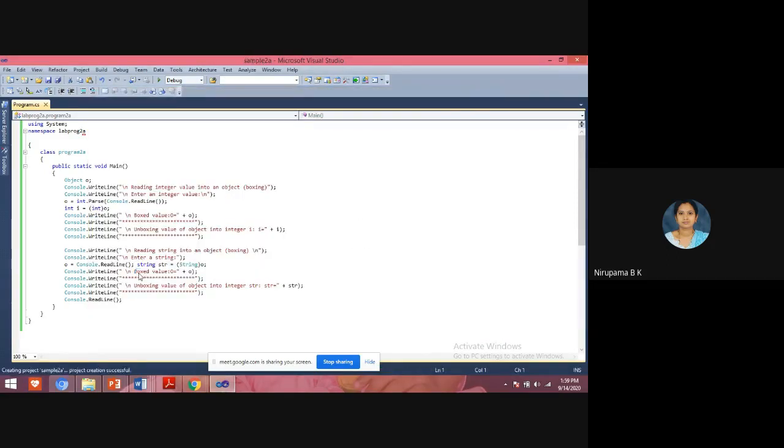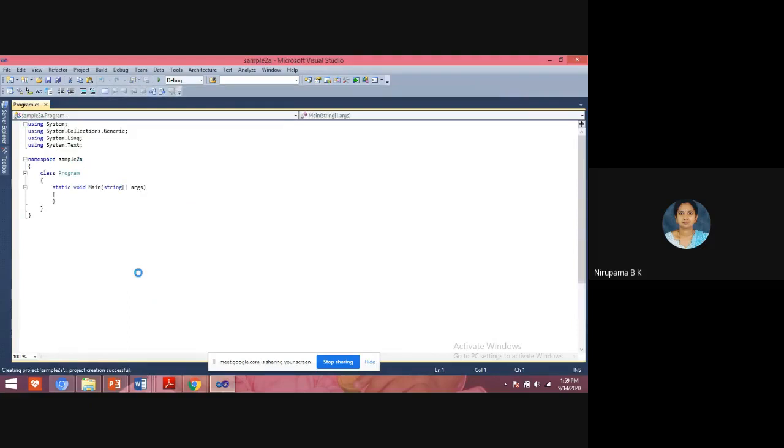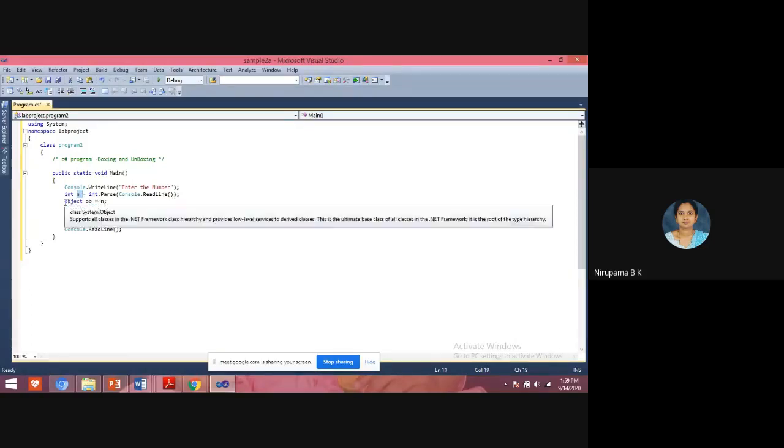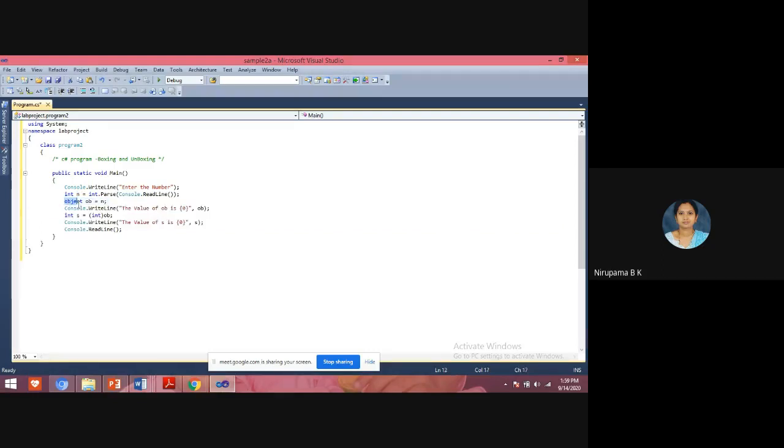Sample 2 program. This is the code which we have discussed in the morning class. I'm going to explain it now. See students, in this program I'm taking the value from the keyboard and storing it in the variable n, and using the object keyword, I'm boxing the value.